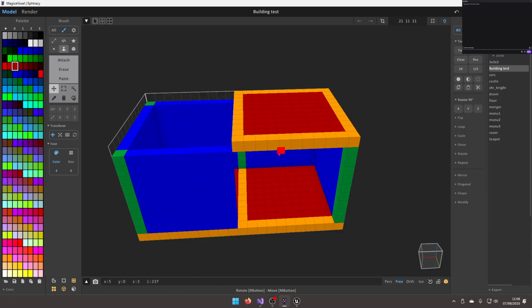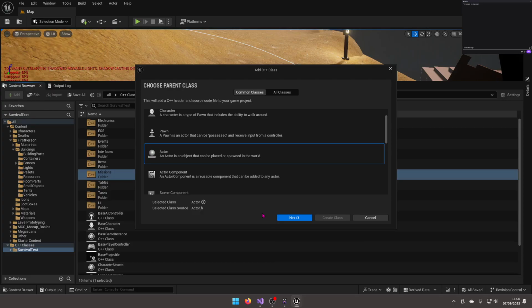So I'll have to investigate structurally in the engine how to make this a thing. But at the bare minimum, we at least need each of these as a separately interactable object at some point. And they need to exist in the world. So for now, they're going to be actors,